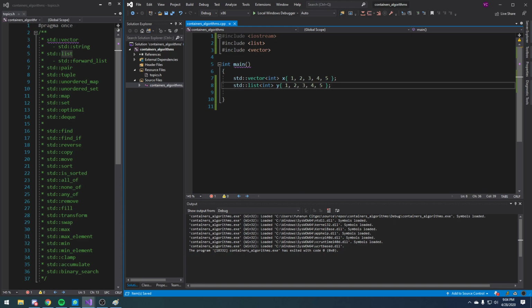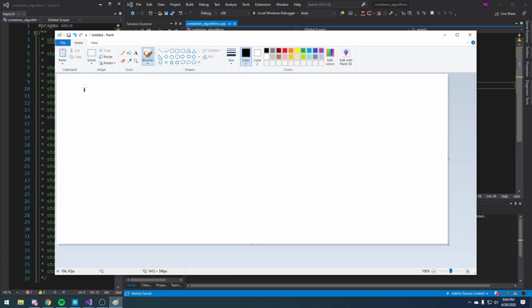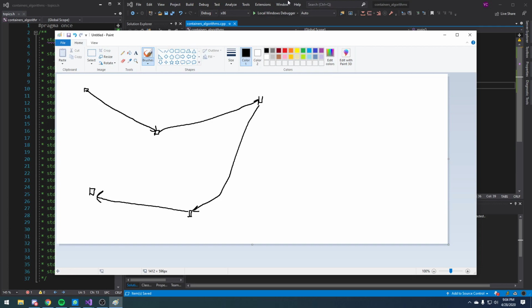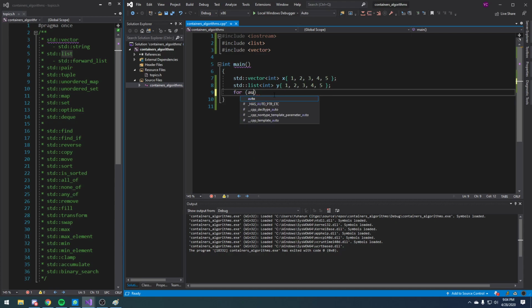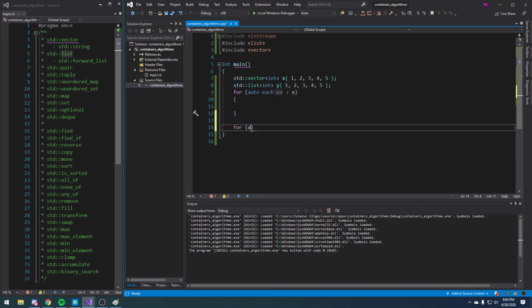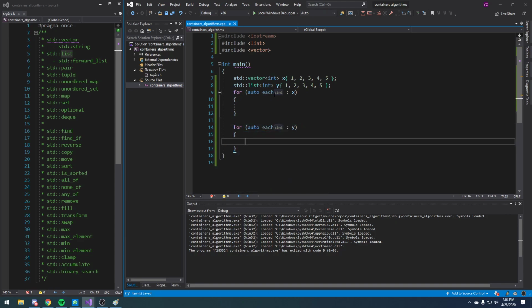So std::list is a linked list. What happens is, okay, I have my first element here on the heap, and my second element is here, and my third element is here, and my fourth element is here, and my fifth one is here. And this one says, okay, the next element is this one, and then the next element is this one, and then the next, and then the next. And this is a very expensive container to go over. So if I iterate over it with for auto each in x, doing this is much cheaper than doing this, and that's because operations in memory